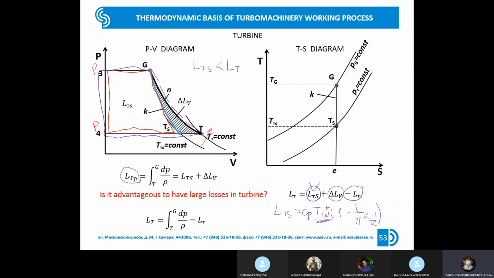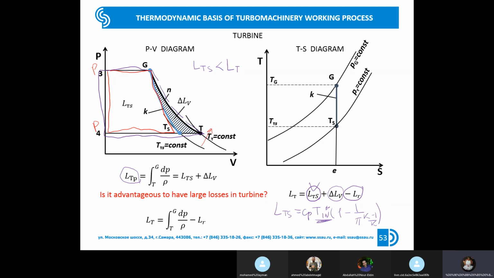So you are paying some money to overcome losses, but you receive some cashback. It's really the same process. You spend some energy to overcome losses, but some quantity of this energy returns back to your process, and it helps us to increase the final work of the turbine. It's the first interesting moment. The second moment, if we compare